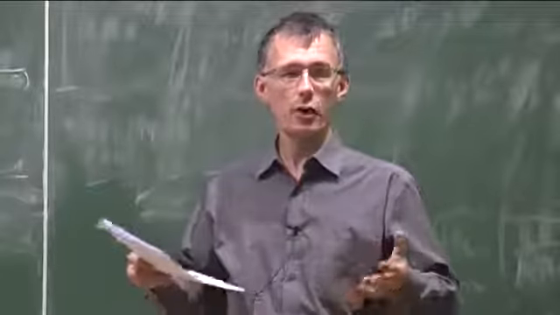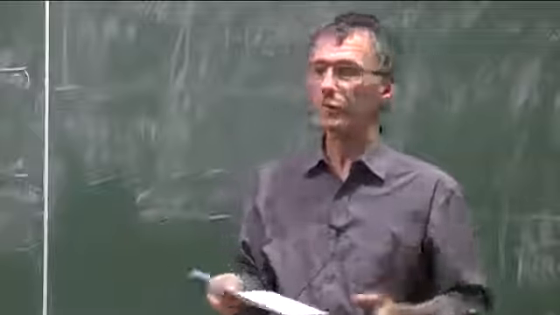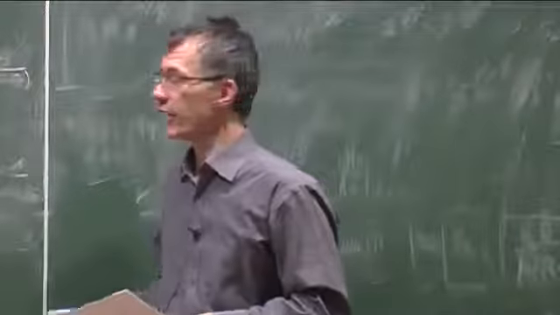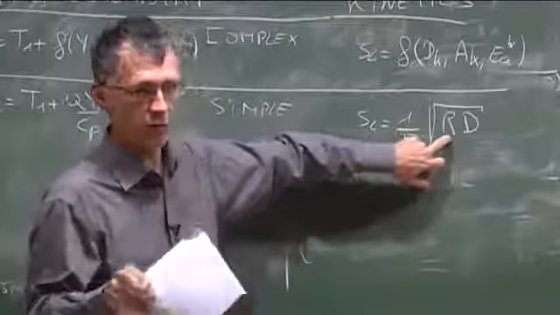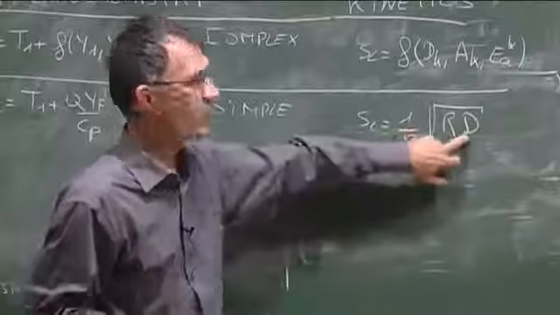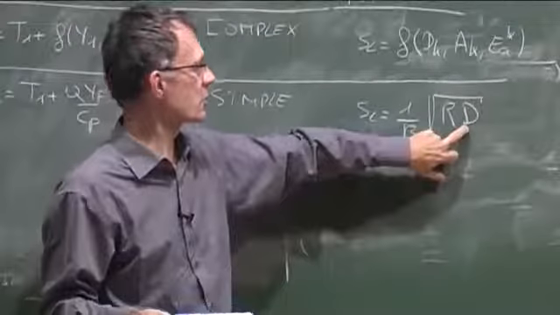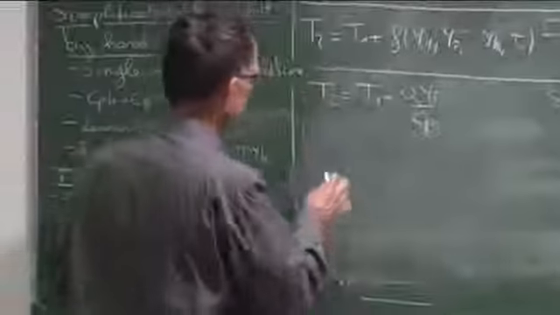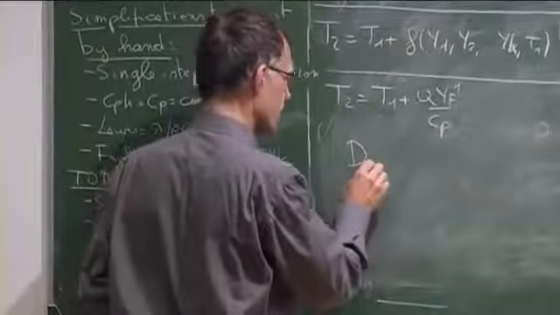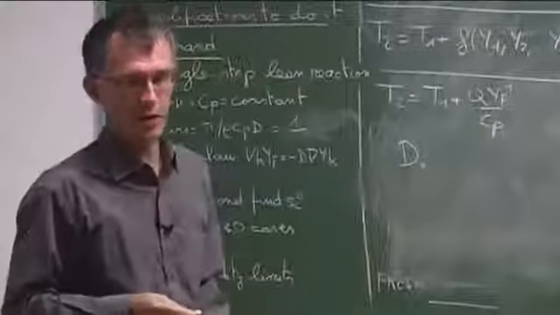Well, if you don't have a code, there's no way of knowing instead of doing an experiment. This equation tells you something about it. For example, here, you see that this number is almost a constant, and this one is almost a constant if you don't change the fuel. The only thing in this formula which changes when you change pressure and temperature of the fresh gases is diffusivity. Now, how does diffusivity change? Well, this again comes from kinetic theory.